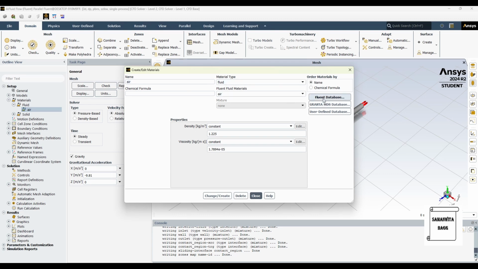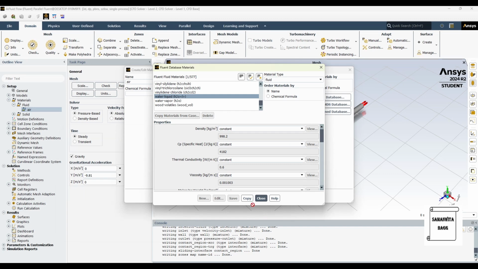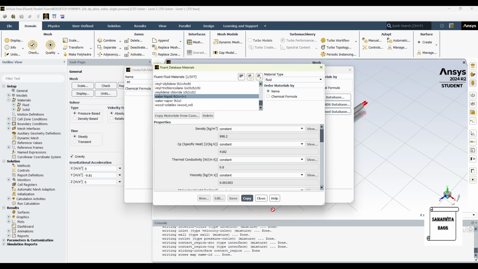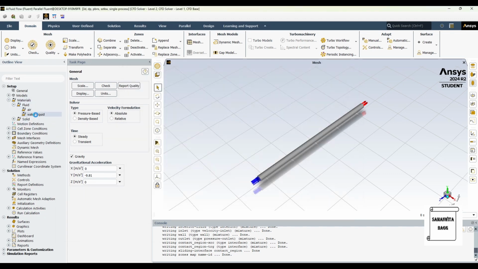So I will go to fluid database. Here I'll select water liquid, copy and close. So now you can see in fluid, water liquid has been added.